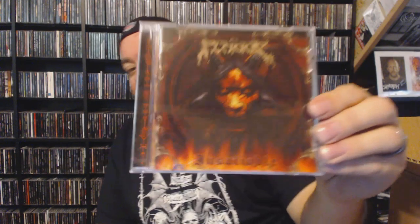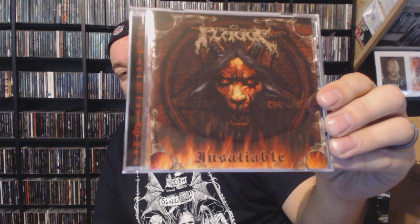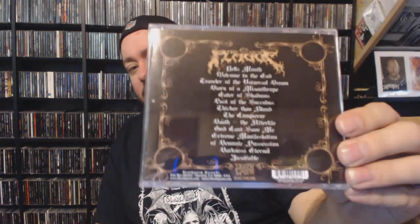Next up, we have some death metal. This is the New Plague with Insatiable. This is kind of that blistering death metal. I'm not sure where this band is from, but they remind me of that Brazilian, South American, just fiery, nasty death metal. This was released on Deathgasm, so it's nice to see some Deathgasm Records releases popping up